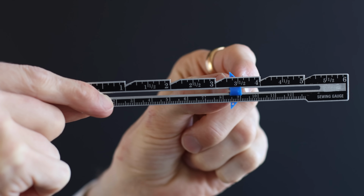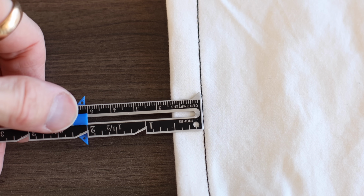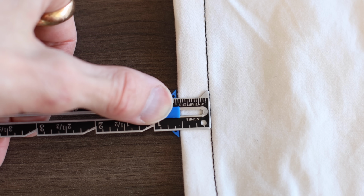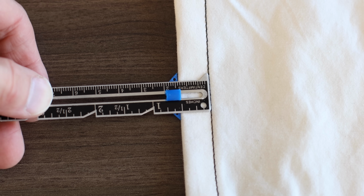Now, anyone who sews understands the basic function of this ruler, and that's this blue slidey bit here. It's where the name comes from, sewing gauge. Essentially what it allows me to do is to take a measurement. So I've got this bottom hem here. I slide up my ruler, and it's about 1/2 inch, and I can basically take this measurement now, and then